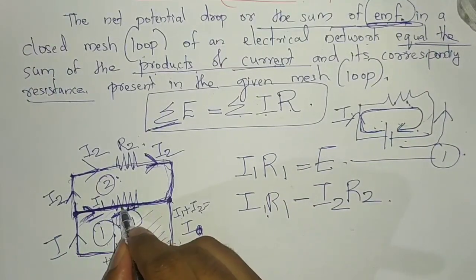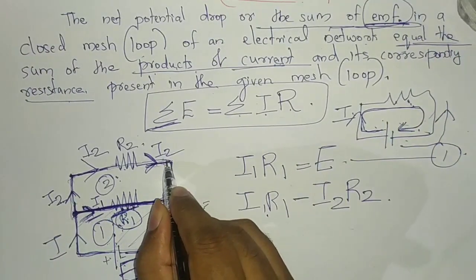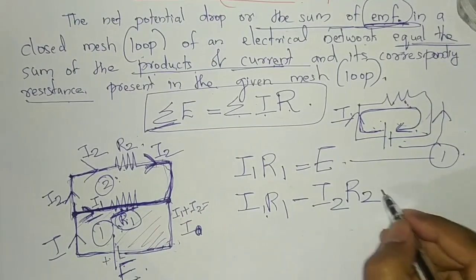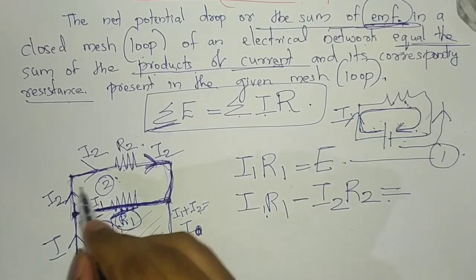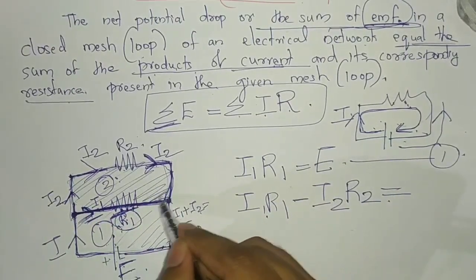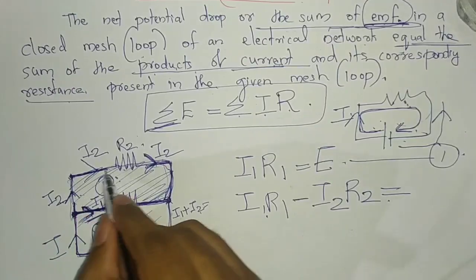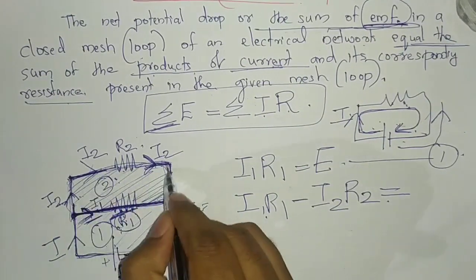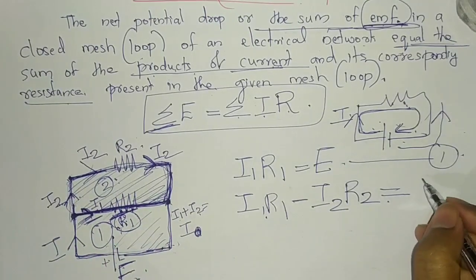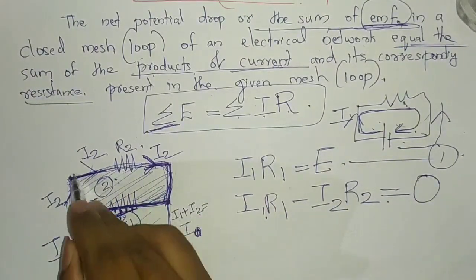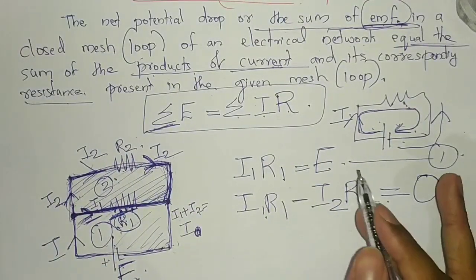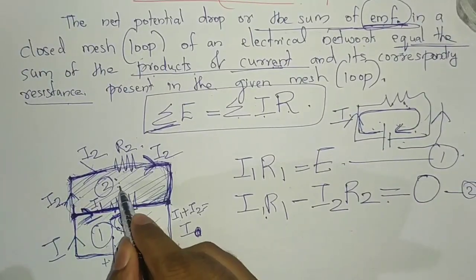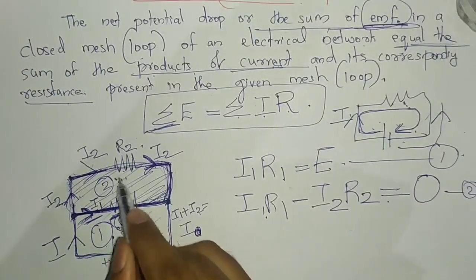You see how I2 became minus. I1 is in this direction, it is okay, but loop is going like this, but I2 is just opposite to this direction. So I2 should be taken as minus, will be equal to, what is the total EMF in this loop? You see, there are no additional cells, there are no additional electrolytes or battery present in this particular loop. So nothing is there. That means the total EMF in that loop is, of course, 0. So that one also is solved. Why did it become 0? Because there is no cell or electrolyte available in this particular loop.